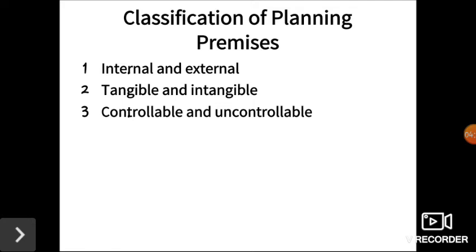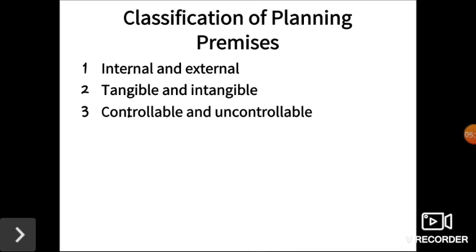Internal premises exist within the business enterprise. Internal premises include purpose, mission, experience of management, and management values which determine the organizational commitment to social responsibility. They also include resources and the ability of the enterprise in the form of men, material, machine, money and methods. The competence of management personnel and skill of the labor force may be regarded as the most important internal premises. Then external premises are those which lie outside the firm.